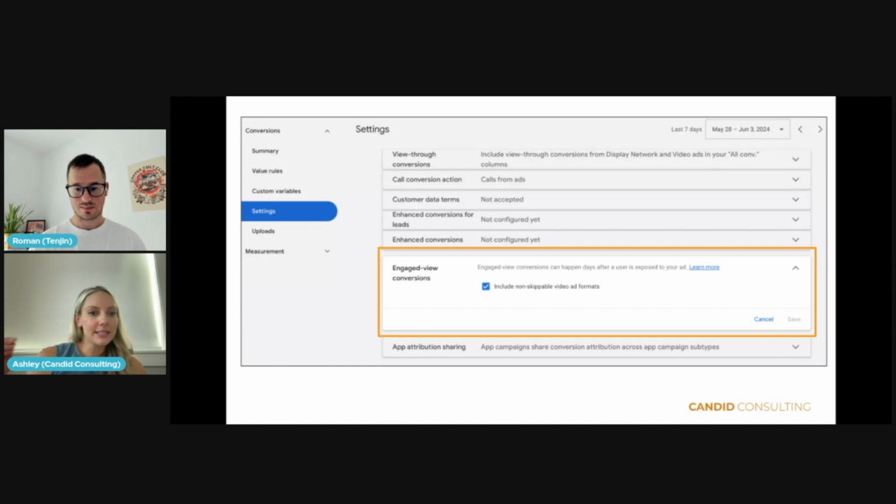Those are non-skippable and they run before a video, when somebody's about to watch a video. You don't have access to them unless you opt in here, in your settings under your conversions. It's very hidden. You can see it says engaged view and it says, include non-skippable video ad formats. That's what that is. And once you opt into that, if you go to the next slide,